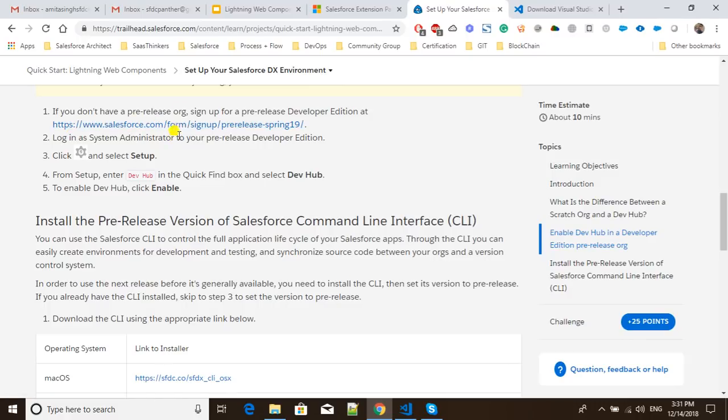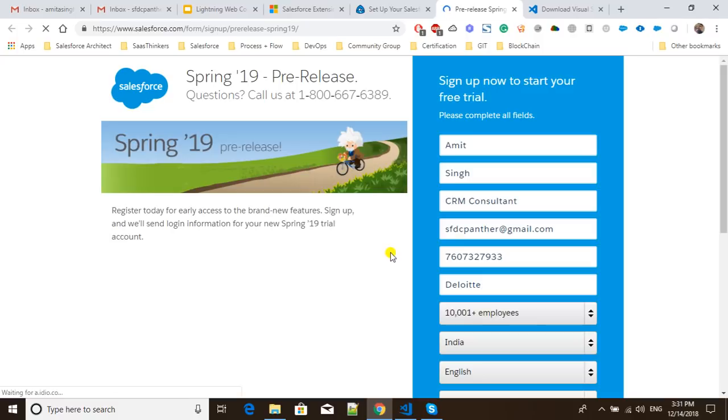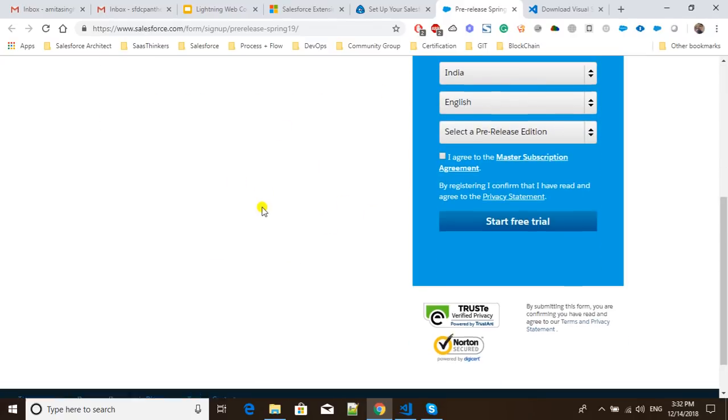www.salesforce.com/form/signup/prerelease-spring19. After that, you will sign up for this particular pre-release event, the pre-release Salesforce org, and then you will be able to